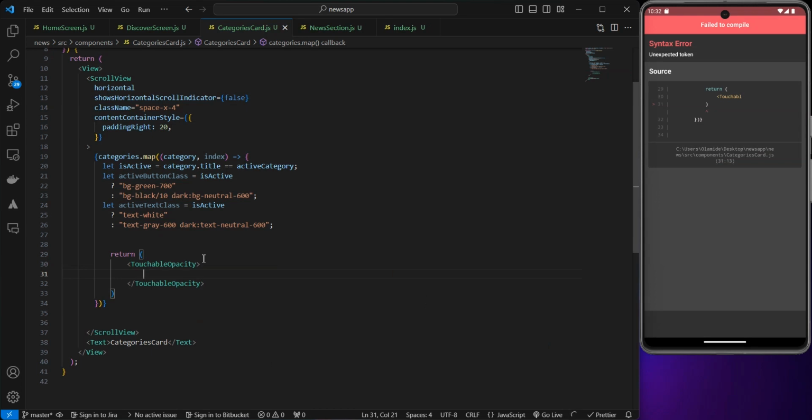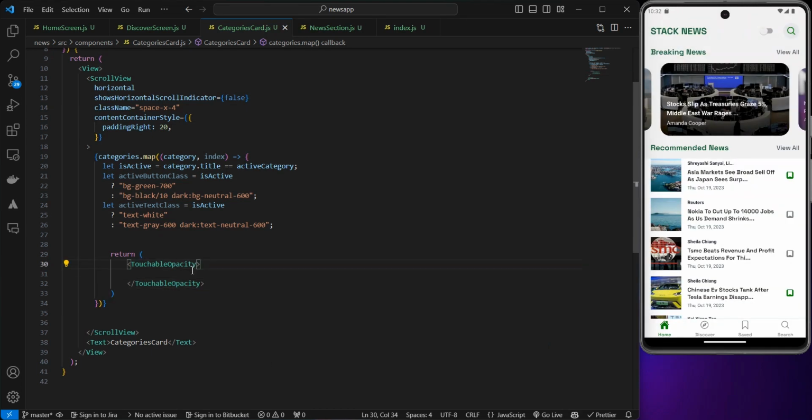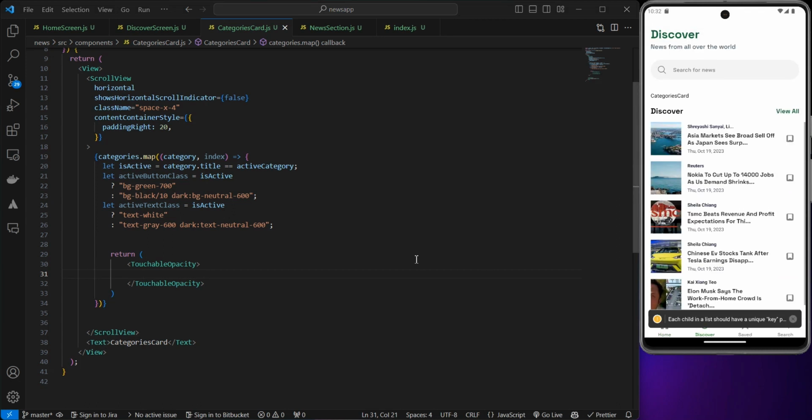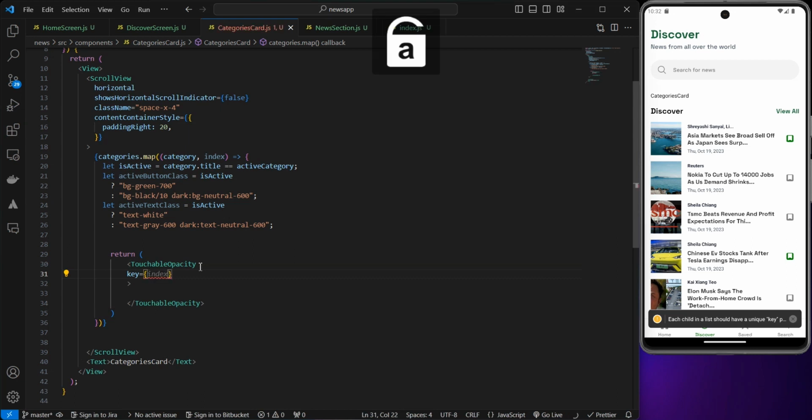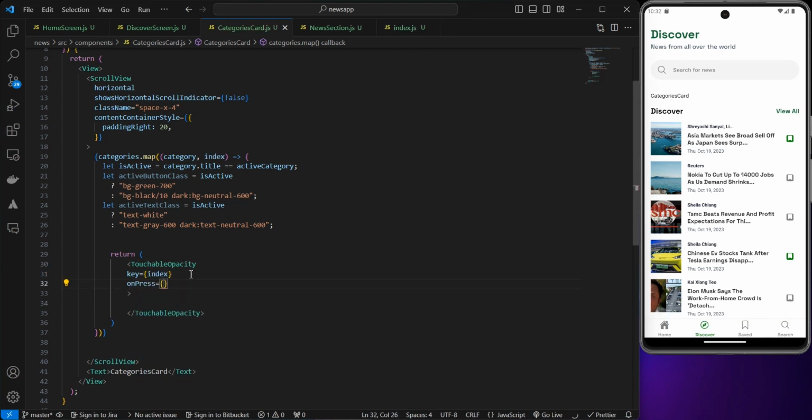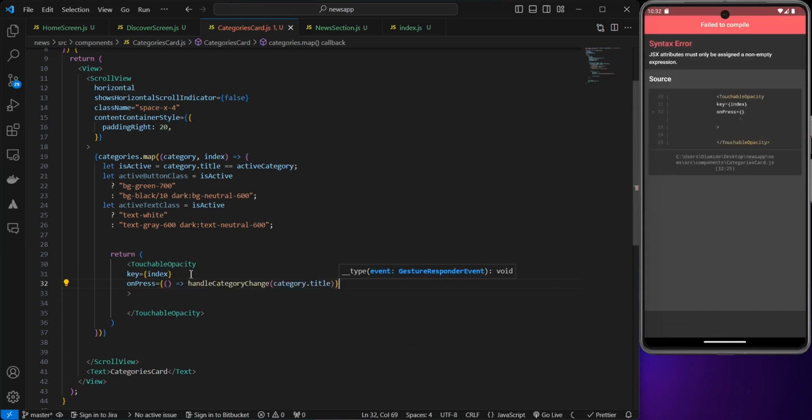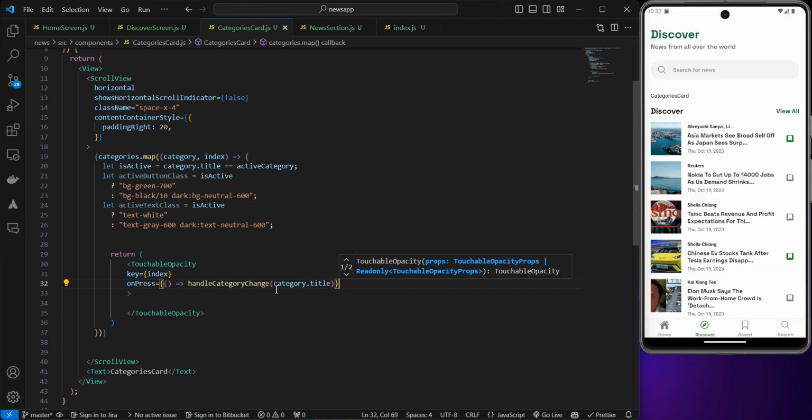TouchableOpacity. Let's just import that straight away. And inside of this, it says each child in a list should have a unique key. No problem about that. I'm going to just come here and say the key is going to be index, and also an onPress is going to be undo change category, and we're going to assign the category title as we